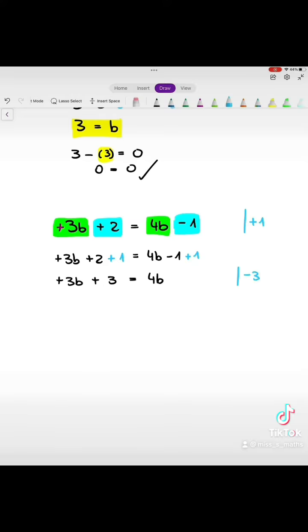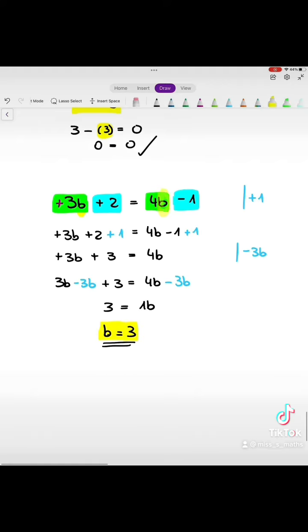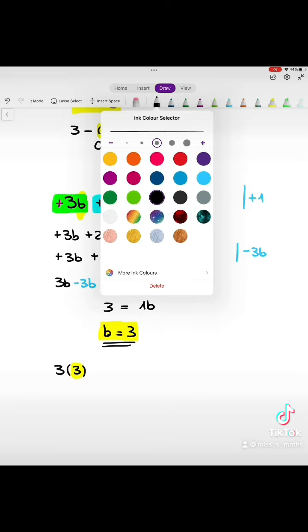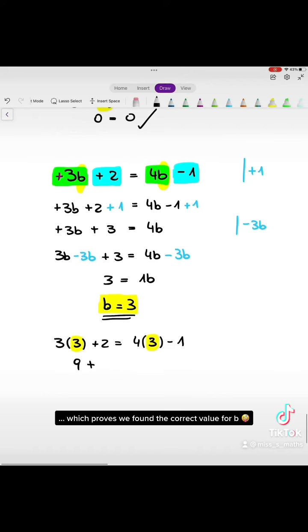Now the 3b didn't originally have a plus. I added that in there. So if something does not have a sign, it is a positive value, meaning I will get rid of it by minusing it. So we minus the 3b on both sides, and we're left with b is 3. Now we feed back that 3 into our equation from the start, and we see that 11 is 11, which proves we